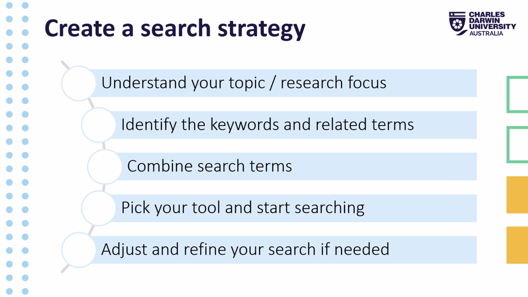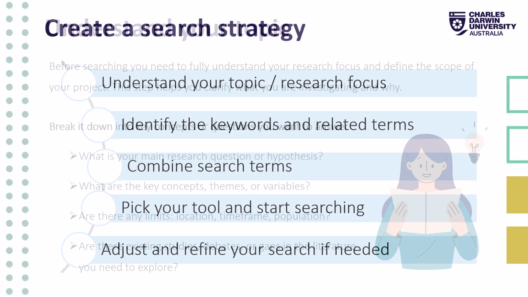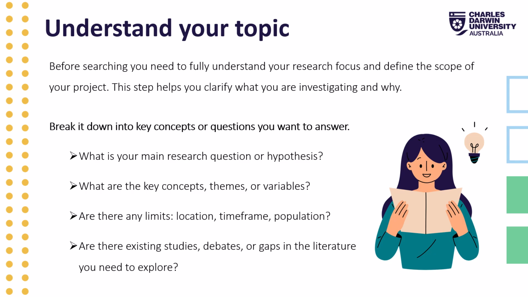So what do these steps actually look like? Let's talk about understanding your topic. Understanding your topic means knowing what you need to search for so that when you are finding resources, you can identify whether or not they're going to be helpful. This means things like understanding your research, defining the scope of the project, and clarifying any questions that you might